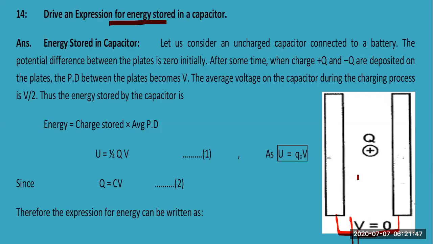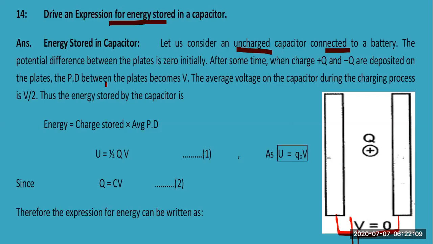At that time, when the charges are stored, they are carrying some energy. That type of energy is electric potential energy, and this is the amount of energy stored in the capacitor. So let's start from the beginning. Let us consider an uncharged capacitor